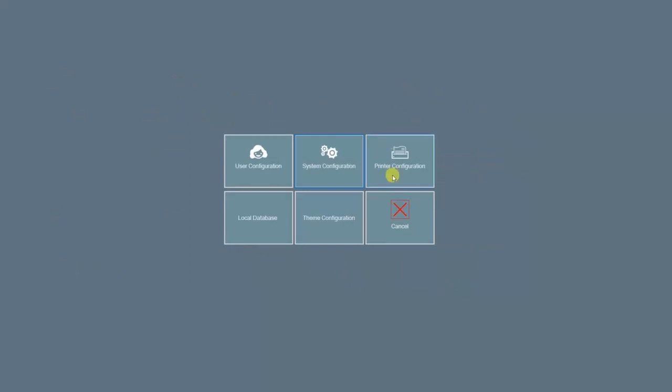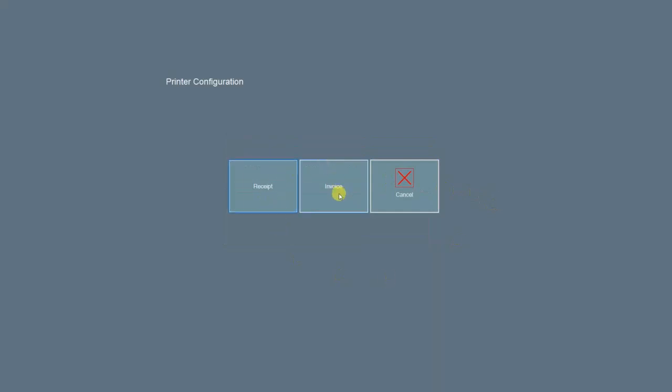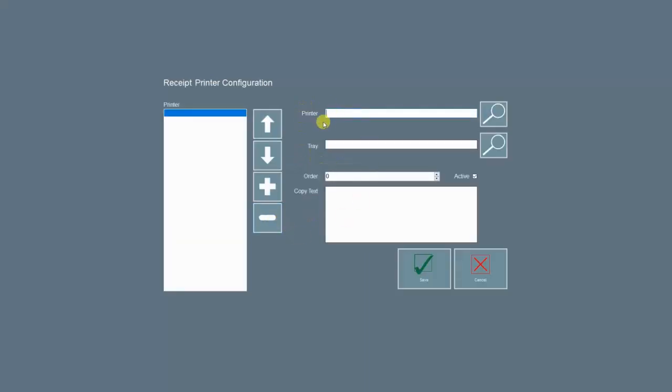The printer configuration is where you can set up what printers you want for invoices and receipts. You know, obviously, if you have a credit card receipt printer, you want the receipt printer, much smaller printer there. And then invoices are going to be printed out in the regular A4 format. And so that's where you can set up either one. And so for receipts, you would just choose your printer